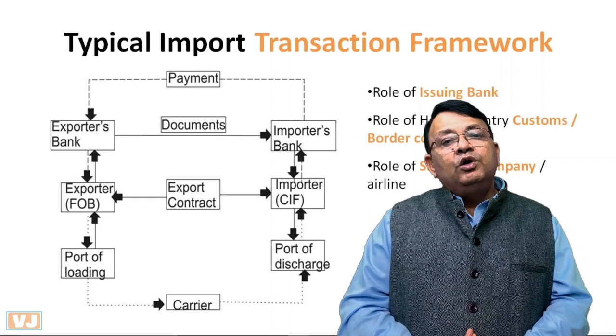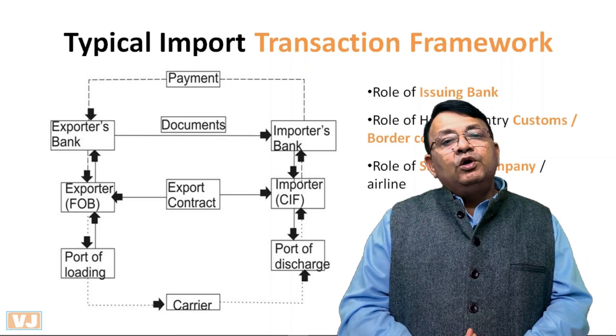So, this is the flow of the documents. You can also see in this typical import transaction framework the flow of the payment from the importer's bank, that is your bank, the LC issuing bank, to the negotiating bank and then to the supplier. So, this is the flow of the payment, and this is the flow of the documents, and this is the flow of the goods. You can see all these different flows in this typical import transaction framework, and